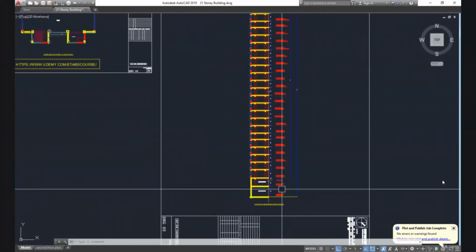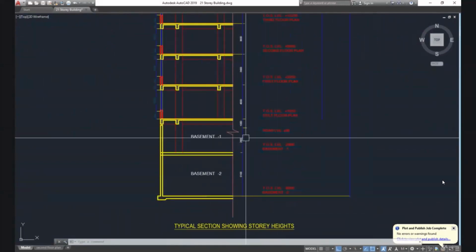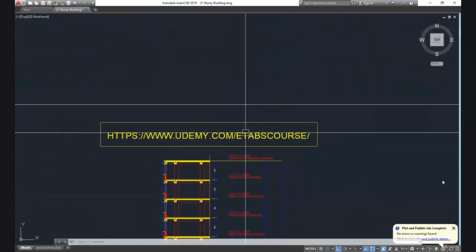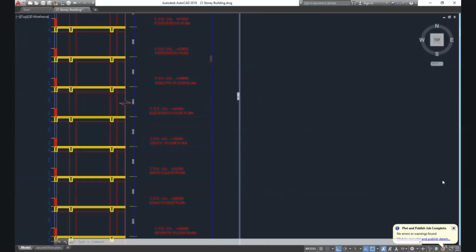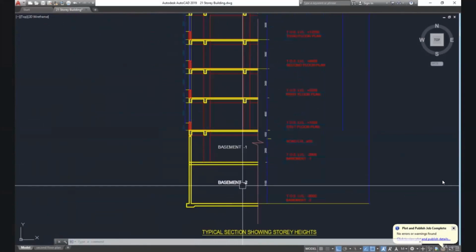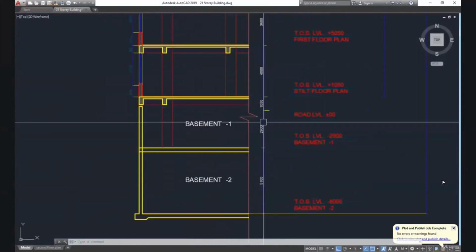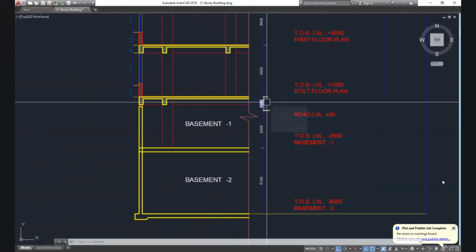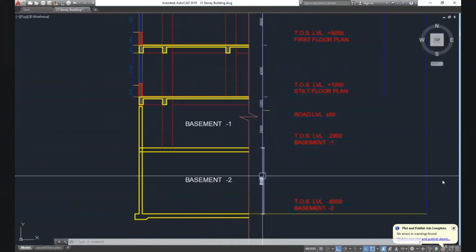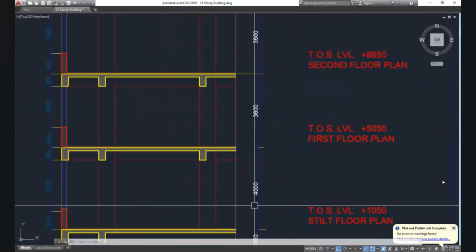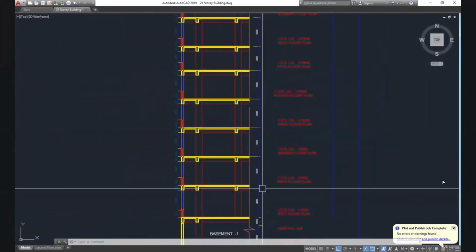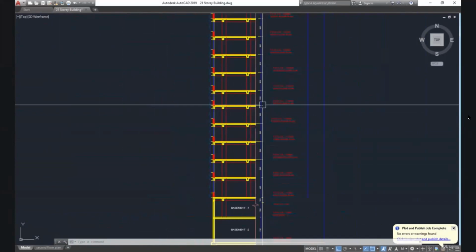In this elevation, we are provided with the floor heights, how many basements and stories there are, and what the total height of the building is. We are provided here with 2 basements. First basement height is 2.9 plus 1.05, that is 3.95. Second basement height is 5.1 meter. After that, floor height is 4 meter, 3.6.